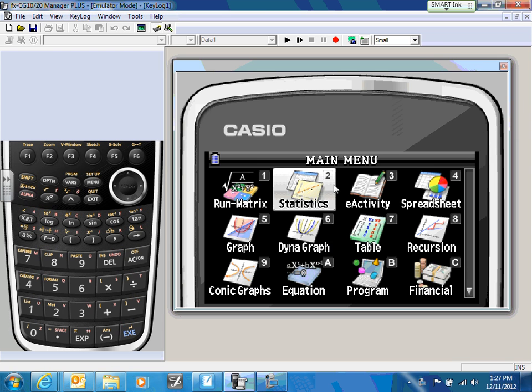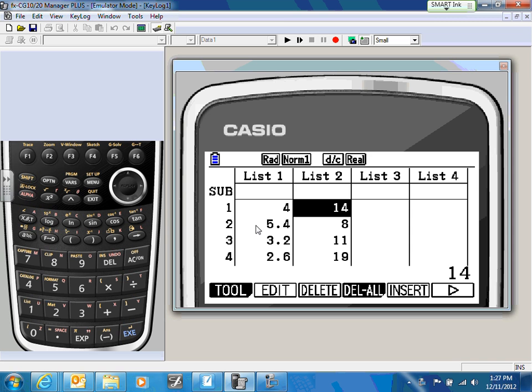Okay, ladies and gentlemen, what I'm going to go over is basically how to do a residual plot in your Casio. Again, go to statistics. Make sure you enter all your data in list 1 and in list 2. All right, and now once you've listed all your information here, before you start graphing, you got to go in